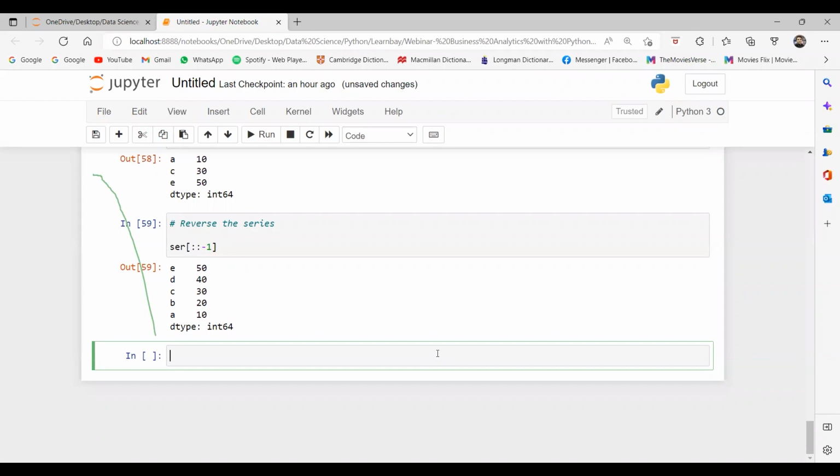Now I will come directly to how to import a file in pandas, because we need to learn a few statistical operations. How to import a CSV file in pandas.